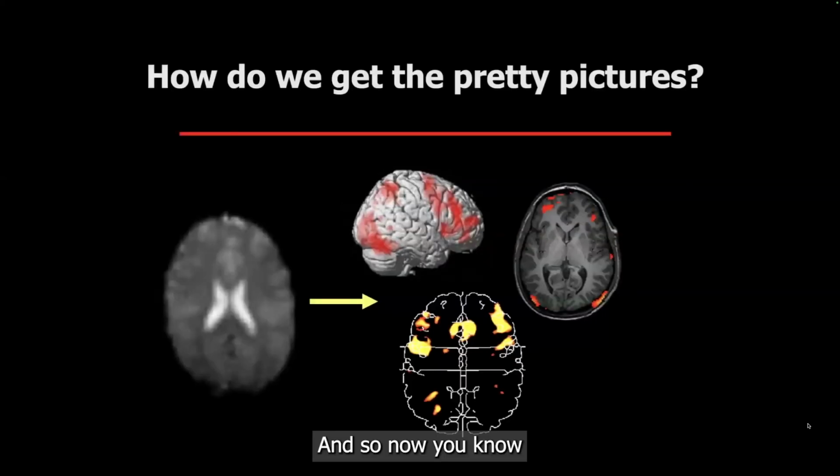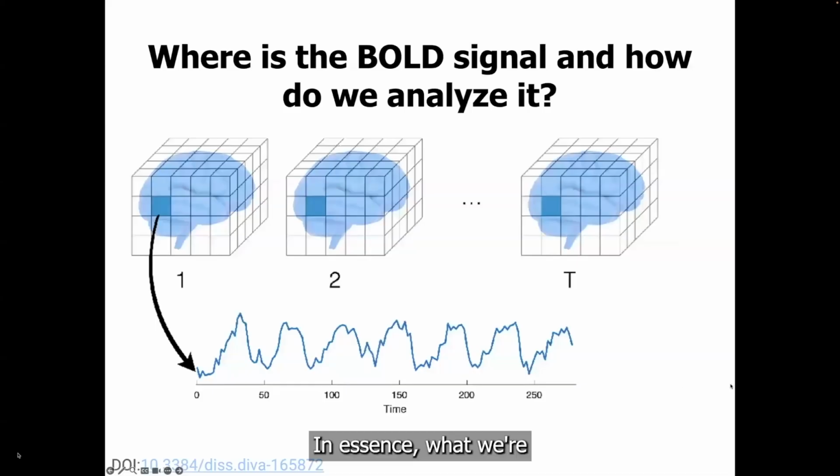And so now you know a little bit about this T2 star image, which is not very exciting, right? How do we get the pretty pictures then that you'll see in studies of fMRI, where these areas, the red or the yellow, are areas where there's more neuronal firing than the rest of the brain? In essence, what we're trying to do is, again, I said that we're going to acquire our data slice by slice, but also cube by cube by cube, voxel by voxel. And so what we want to do is acquire them quickly